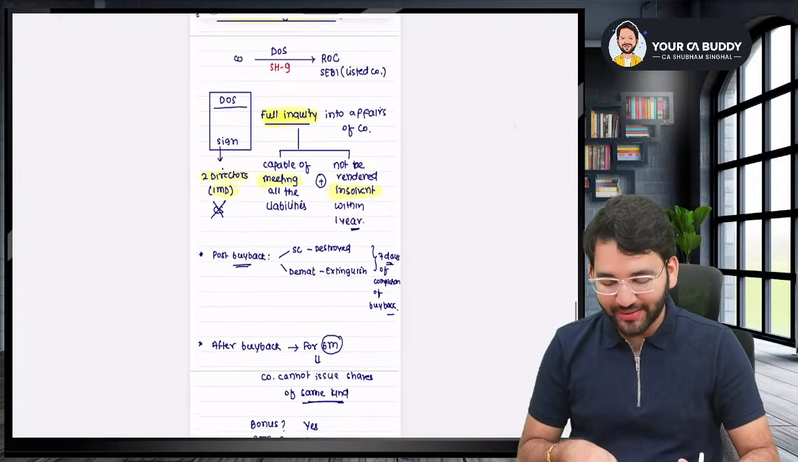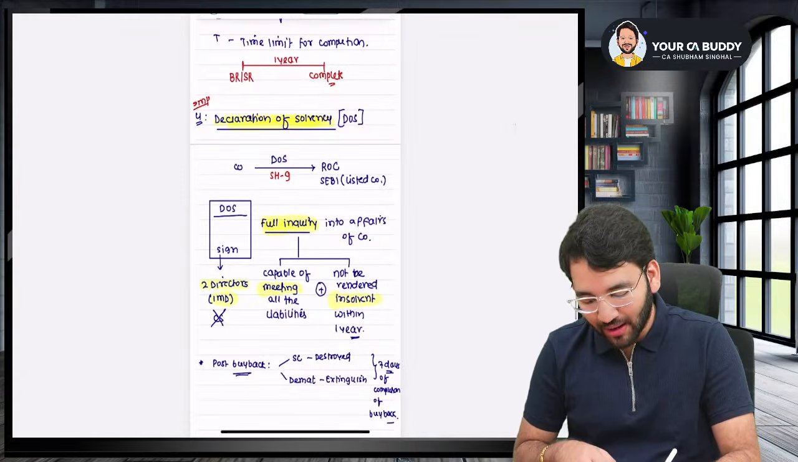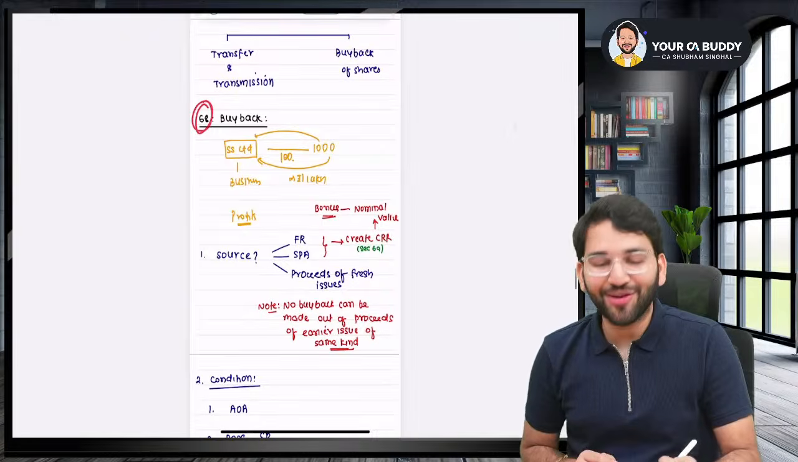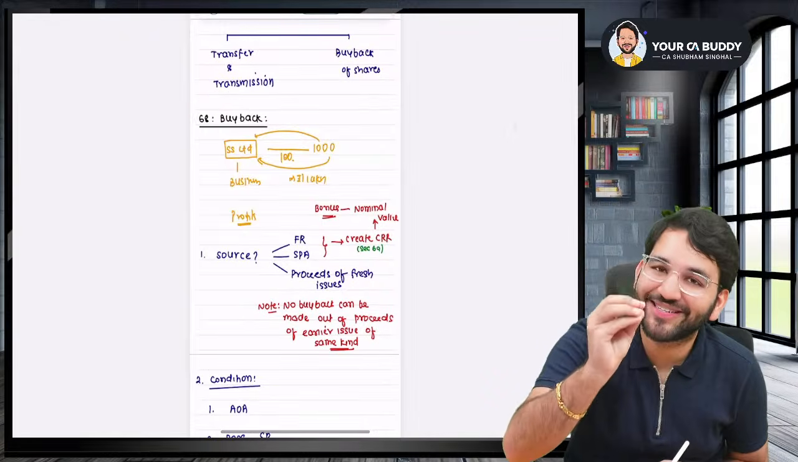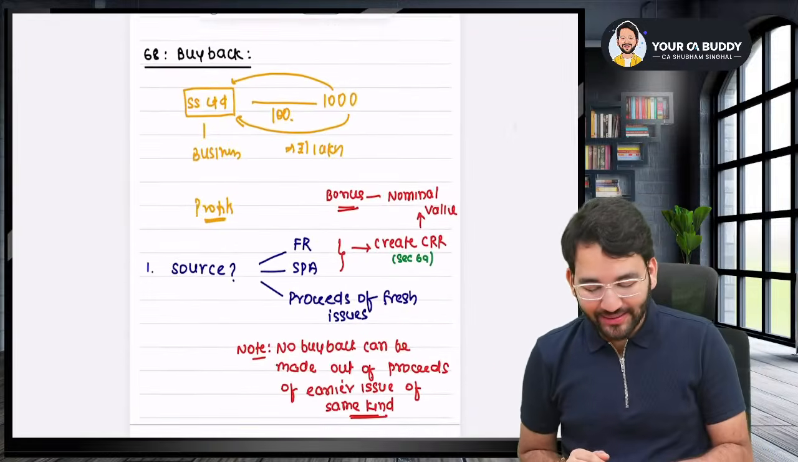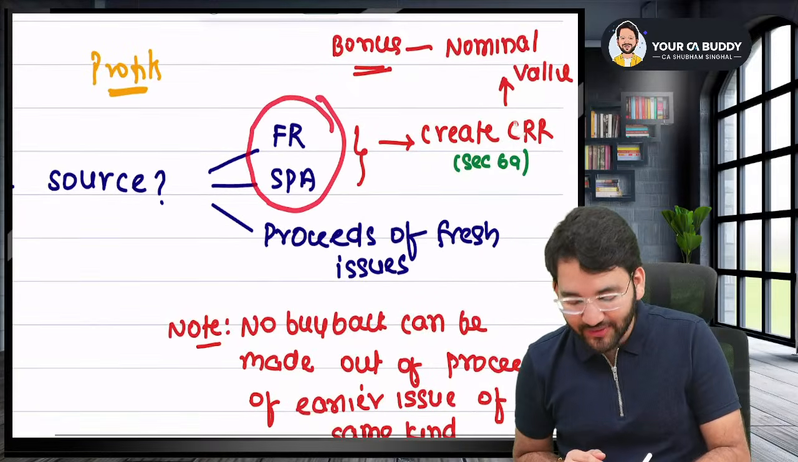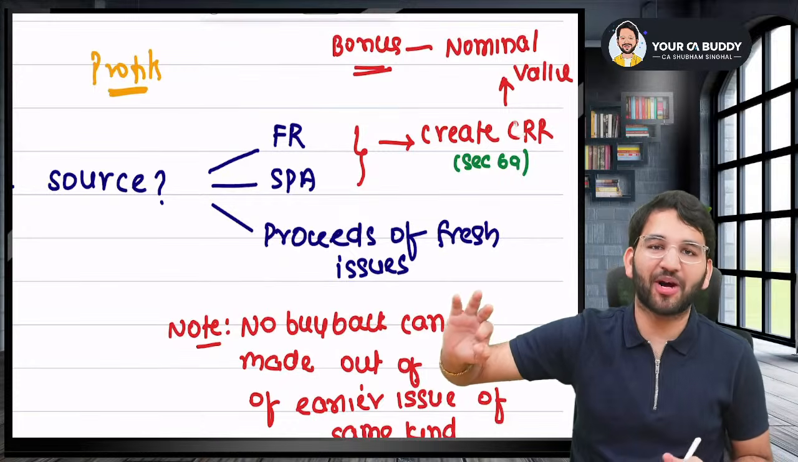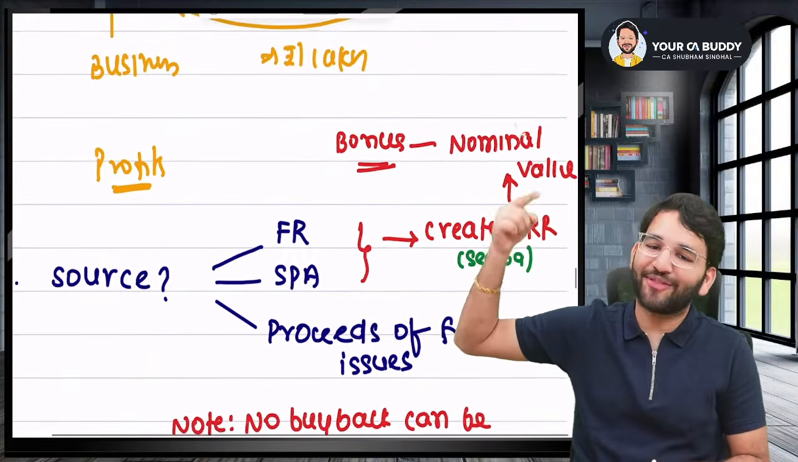This is your section number 68, which talks about buyback. What is section number 69? Sir, section number 69 says a very small thing. It says that, guys, your source is free reserves and securities premium account. If you use free reserves or securities premium account, you will have to create a CRR of the nominal value,